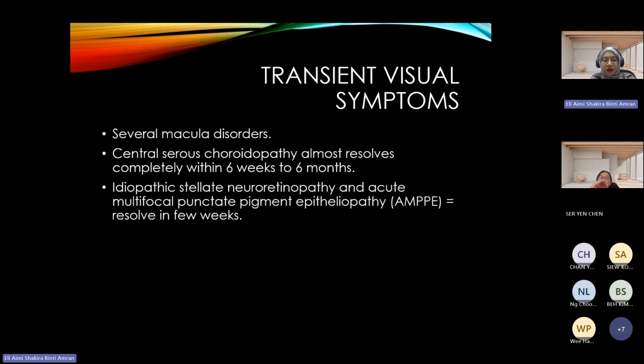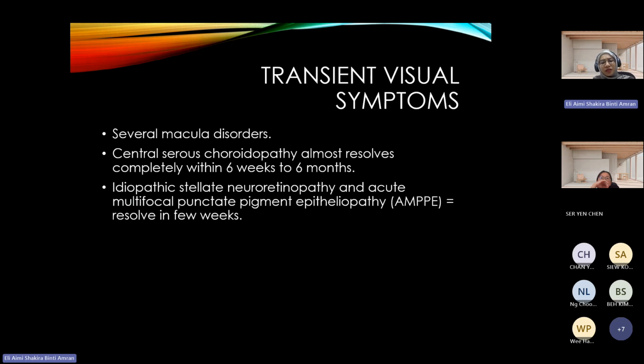And idiopathic stellate neuroretinopathy and acute multifocal punctate pigment epitheliopathy (AMPPE), this can be resolved in few weeks. So for transient visual symptoms, you check the macula. If you have OCT, you can check the layers and see if there is any retinopathy or any pigment